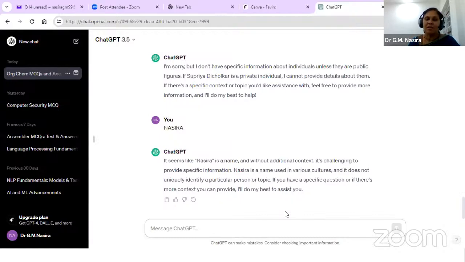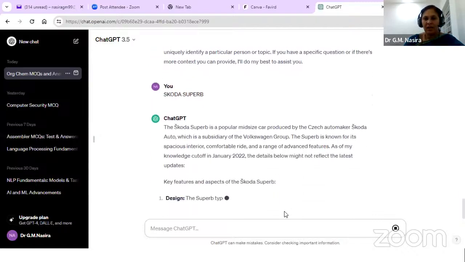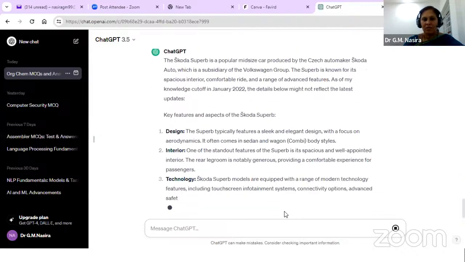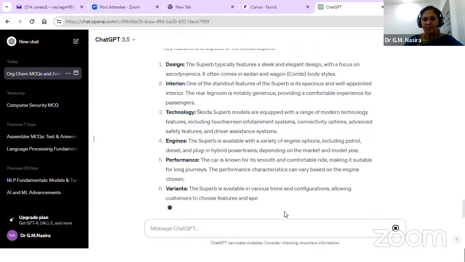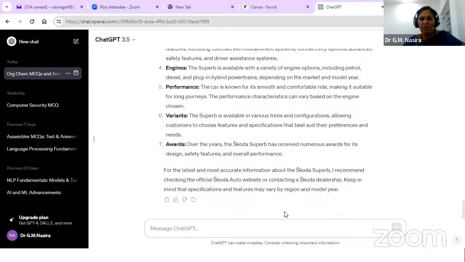So this particular ChatGPT helps me in taking the content which is relevant. Not for us, we are talking about education. Suppose I say Skoda Superb. It's a car. What are the key features of it? About everything I get, I can ask anything about it.